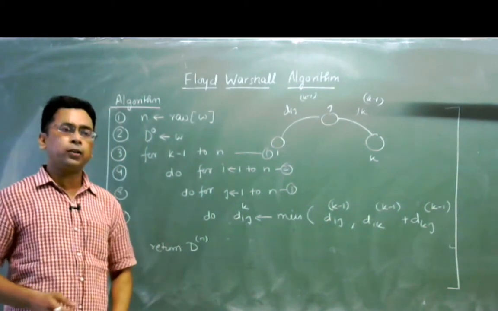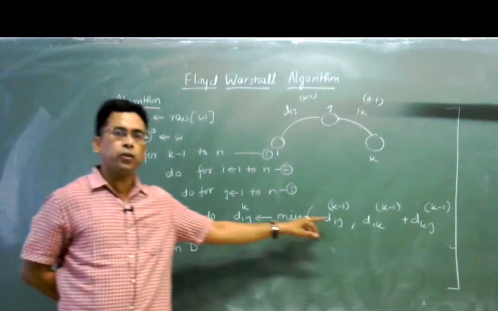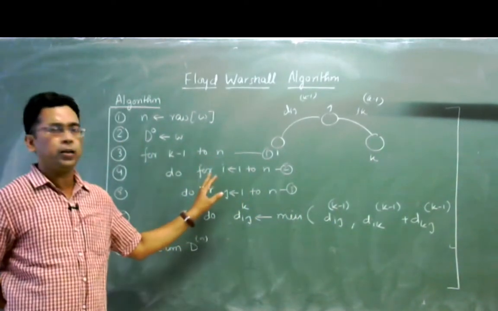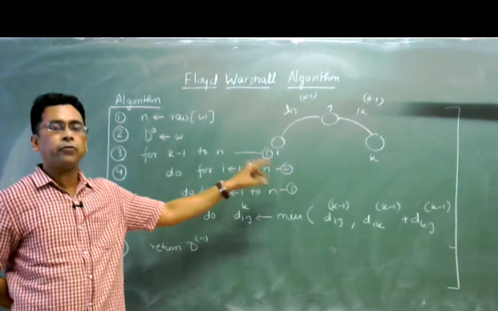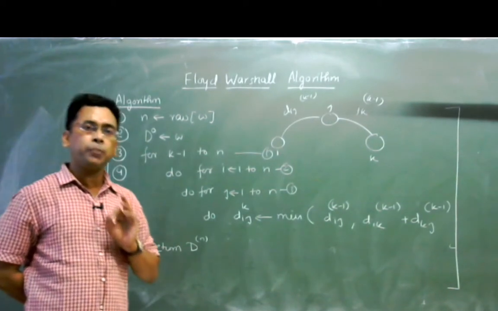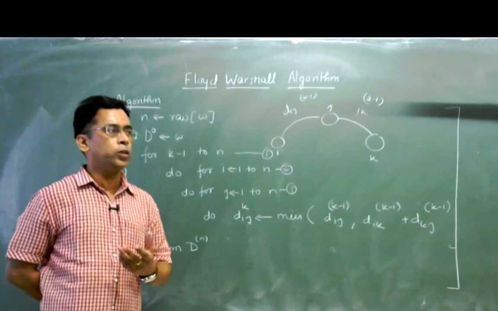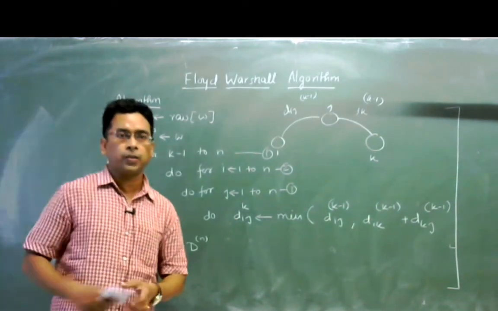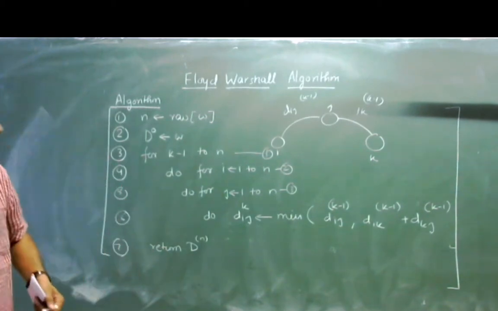Here you may not have a clear idea about how actually this formula will work. So I am going to take an example, in which I shall take a graph, and within that graph I shall find out the all-pair shortest path, meaning from every vertex I shall find out the minimum distance to all the other vertices. Okay, so I am rubbing this out and writing the numerical.